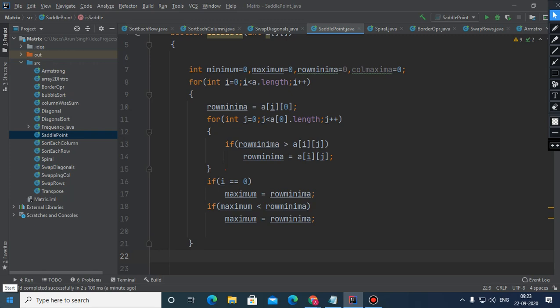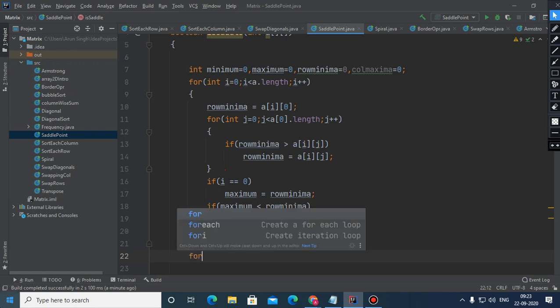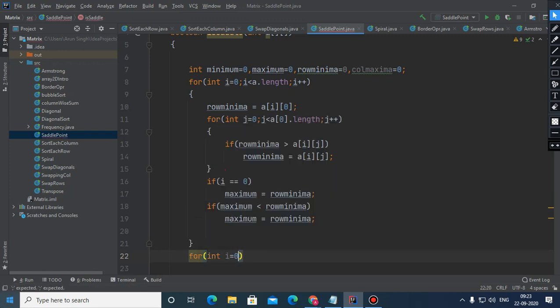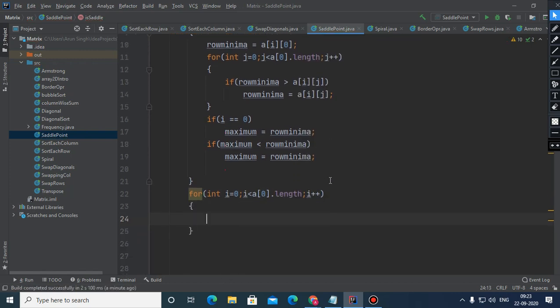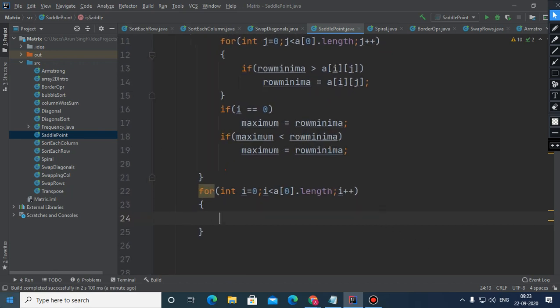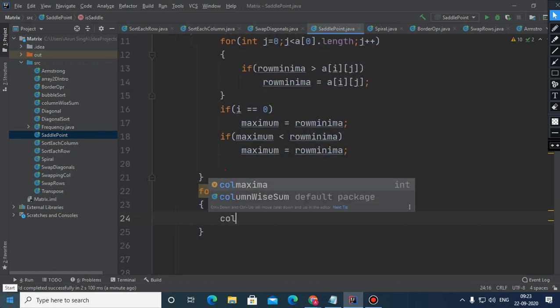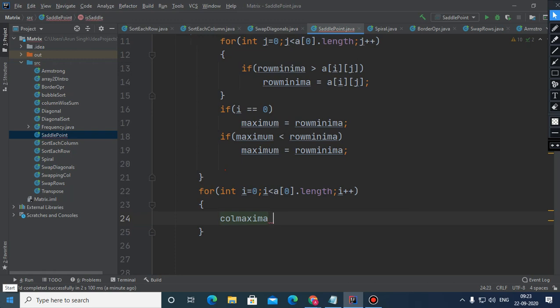In order to traverse column wise, just start a loop that will go for the columns, that is a[0].length and i plus plus. And here we need to select one element as column maxima. So here it will become a of 0 of i.